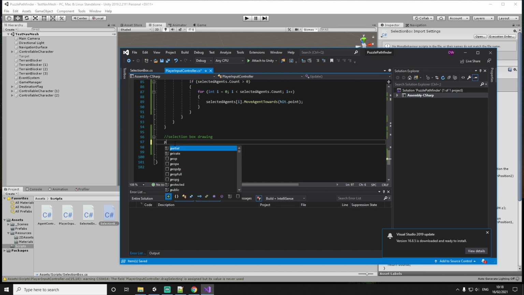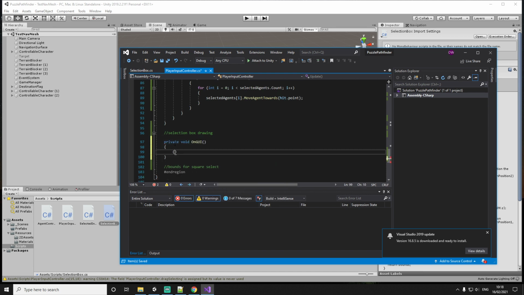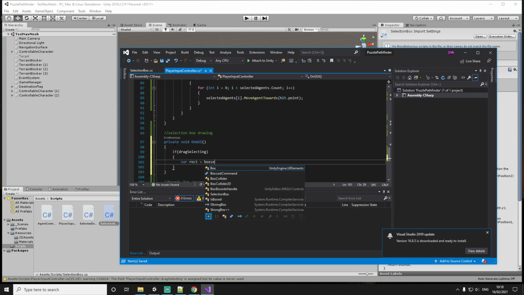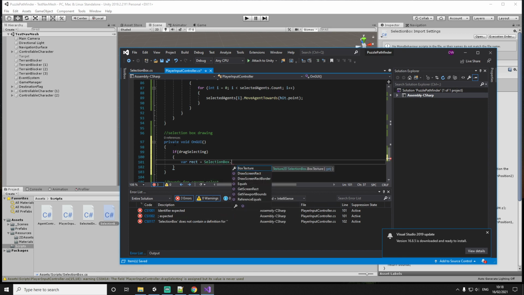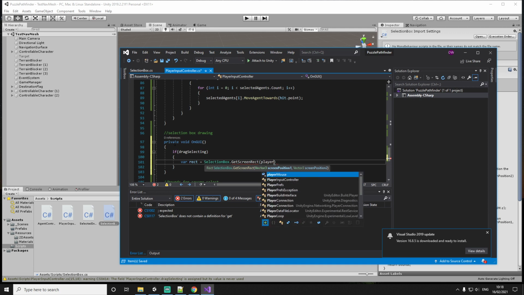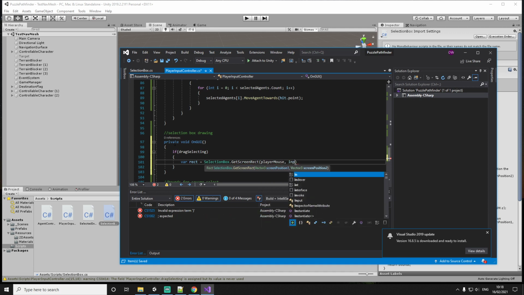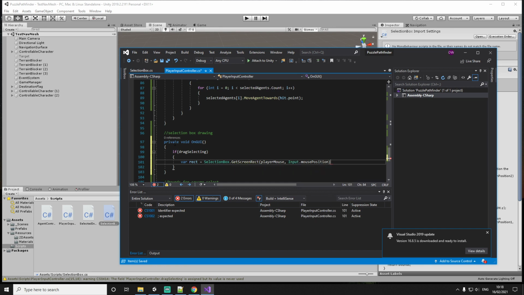So for the first one, we'll do a private void OnGUI, and that will do our drag selection. What we'll do here is var rect is equal to, no, selection box dot get, and then we'll put our player mouse, and the second screen is our input dot mouse position. So if you remember, our player mouse,